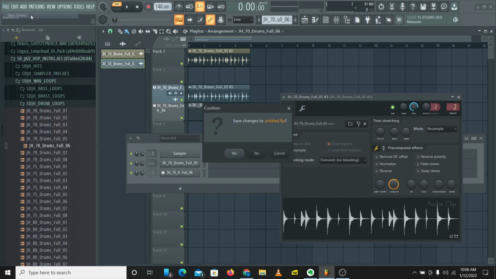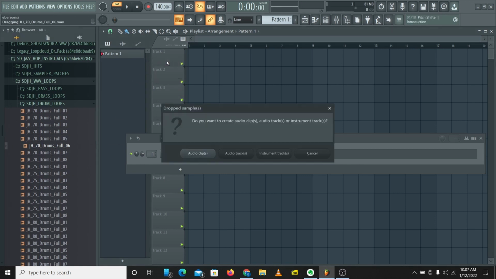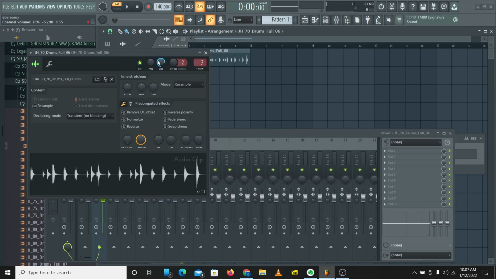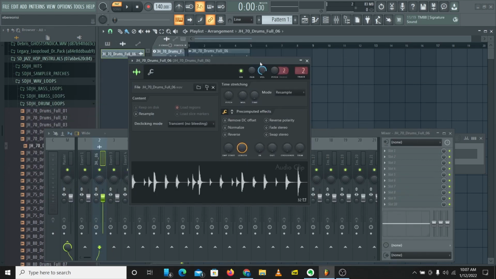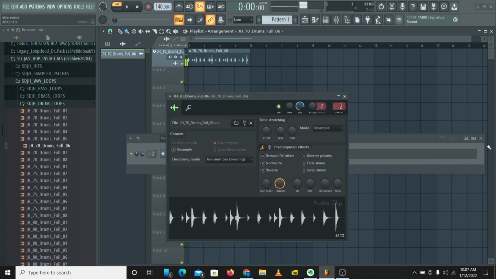Let me load up an empty project here, and let's try some things out. I can load this into the playlist as an audio track, and let's see some things we can do with this. Let's flip this drum loop. Let's edit the drum loop, and let's make some interesting things with this. The first thing we'll look at is how to choose where a sample starts from and how to choose where a sample ends. We use these two controls to do that.